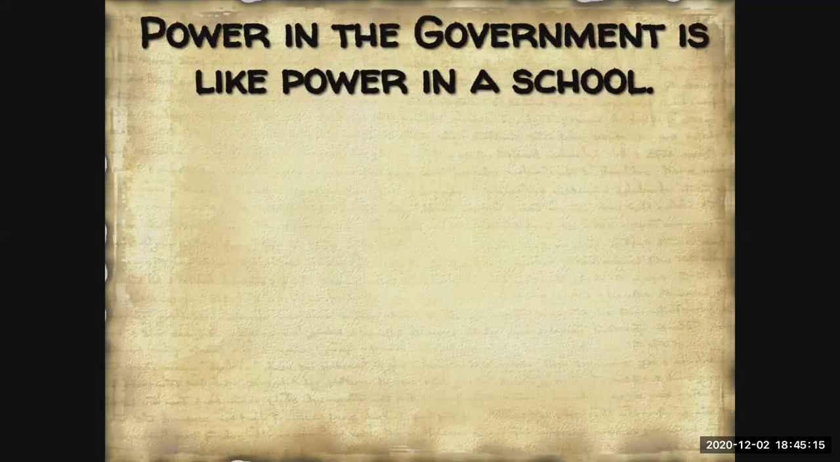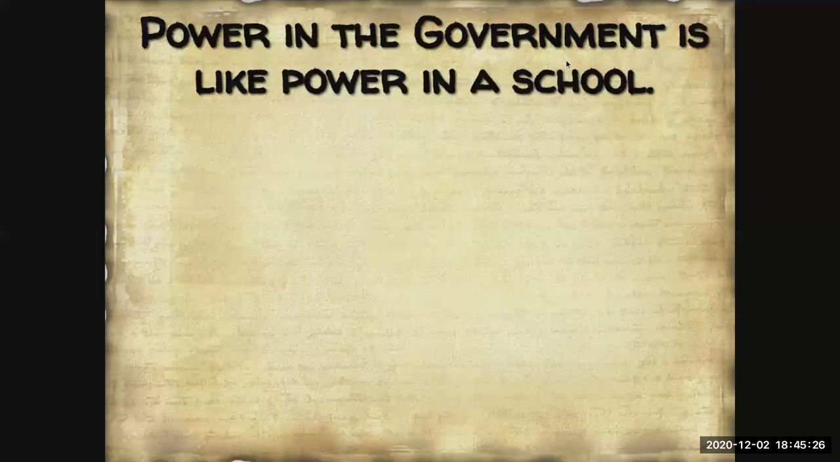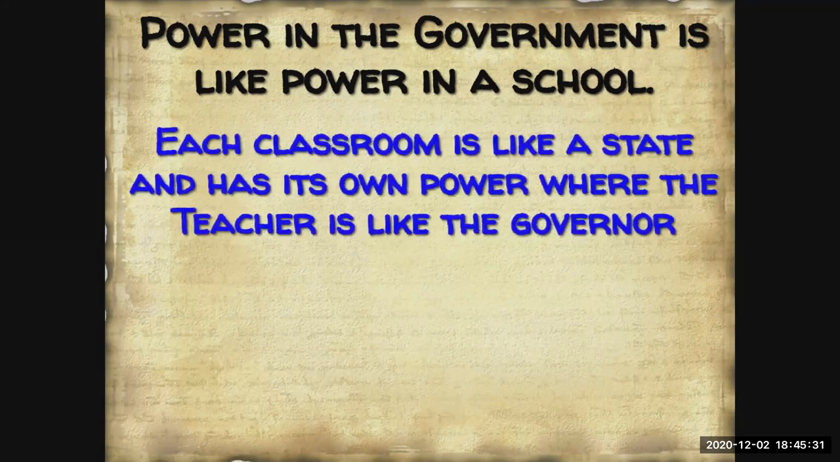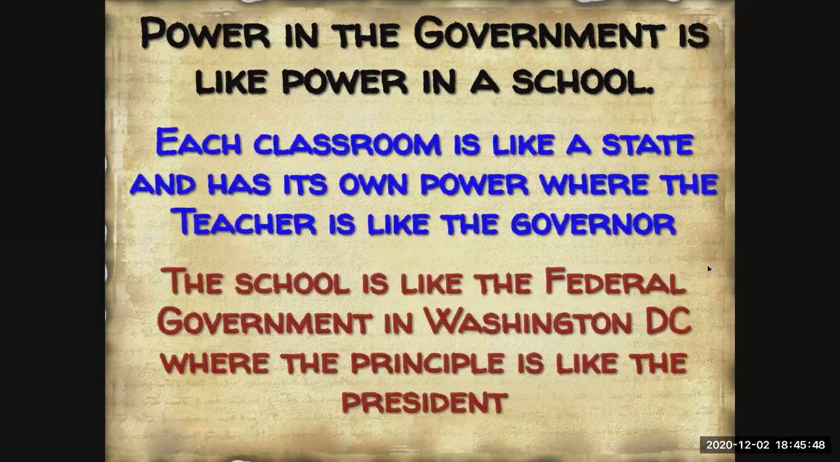So just as a quick example to help you make the connection between the US government and something more real to your daily life, power in the government is similar to the way power is distributed within a school. Each classroom is like a state, right? And each classroom has its own power where the teacher is like the governor. So you have students who are citizens and you have a governor who's kind of in charge of that particular classroom state. But then the school itself is like the federal government in Washington, D.C., where the principal is like